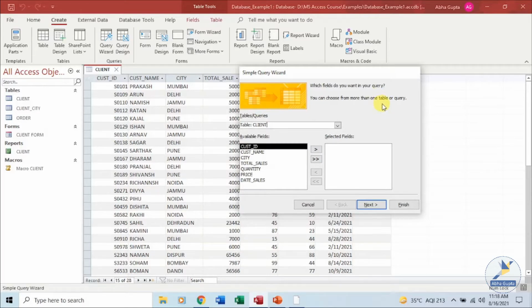We are selecting the table from where we want to retrieve the data. You are specifying the client table, and once a query is run, the information retrieved through the query will be stored in a separate table called the query table. So the result is stored in a query table, and it is also displayed in the form of a table, like the actual table from where we are retrieving the data.